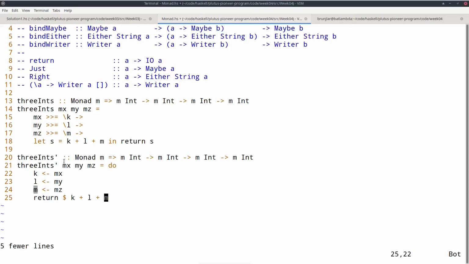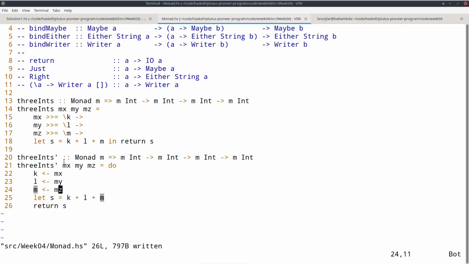And another thing you can do is let. So, I said earlier that I want to leave it like this. So I would do that like this. So you can also use let statements in a do block, and note that the in keyword that is normally needed in Haskell, so normally in Haskell it's let in, but in a do block you don't need the in.